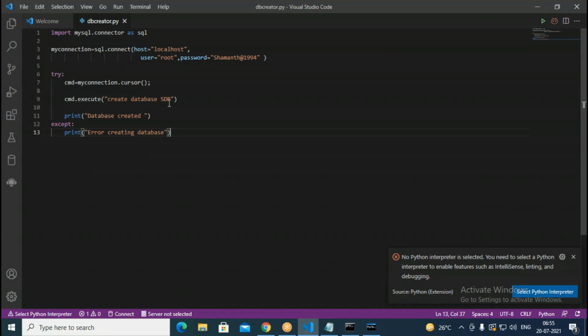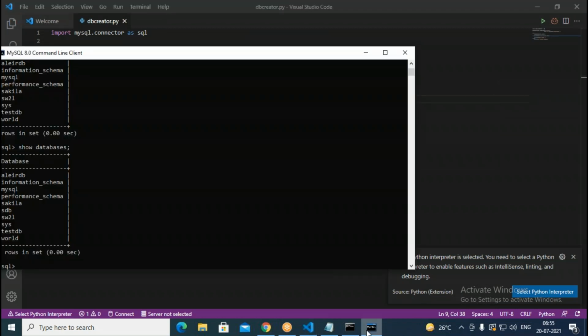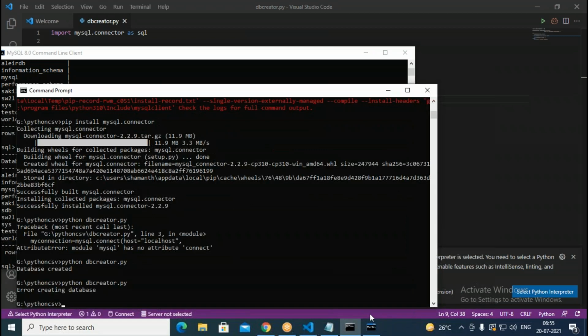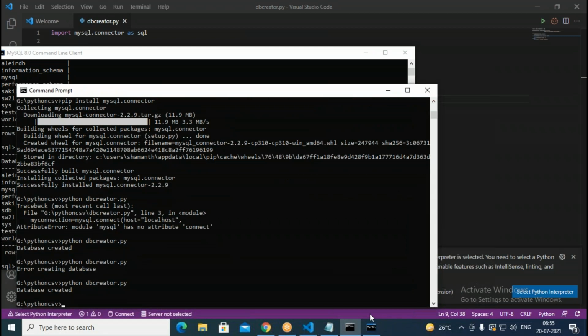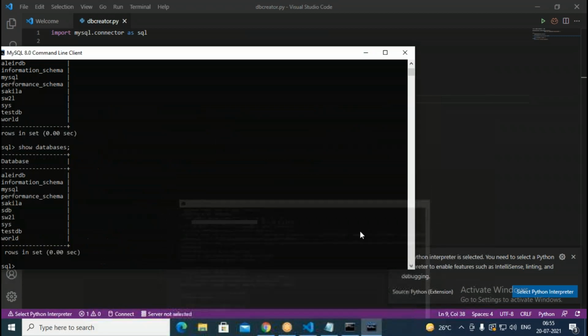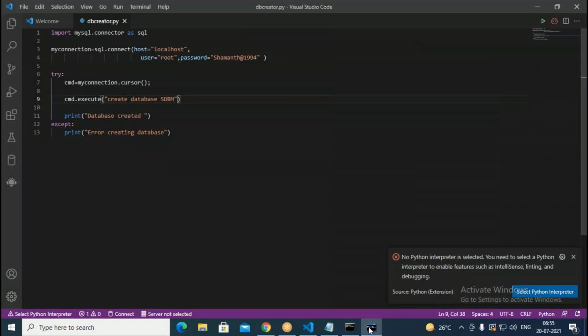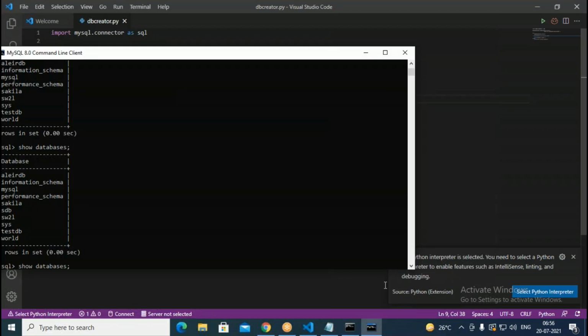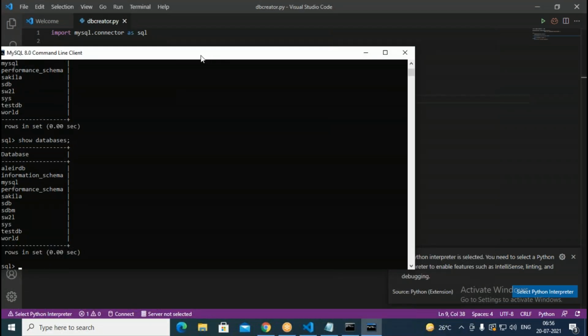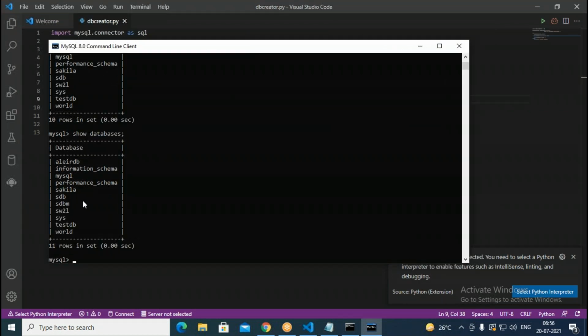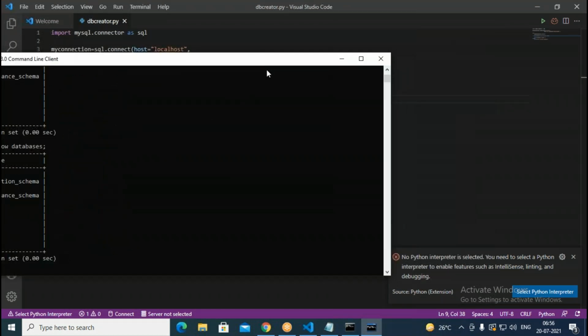If you change its name, in that case, okay, SDBM I say, now this can create without any problem. And I go and run this. So this time, without any problem, it can create because there is a different name. When we go into this and see, again you can find it. A new database can be found here. One is SDB and the other one is SDBM.